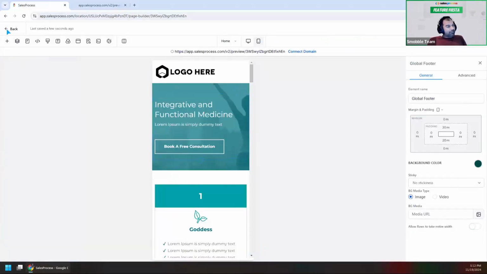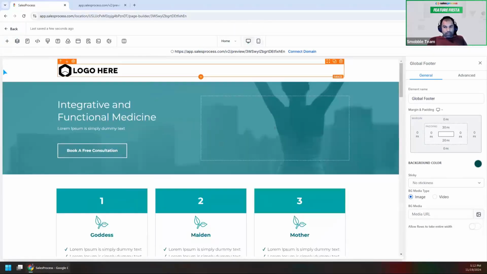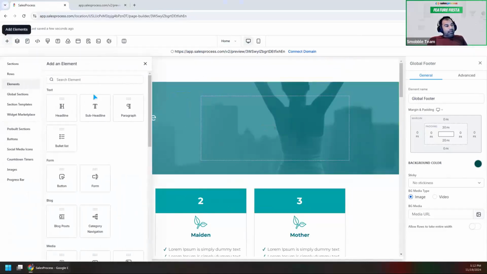Now let's start. The very first thing is how you can add more elements to it. Let me give me 1 second. Okay. How you can add elements to it. Elements mean any object on this page. You can add them in here. There are different types of elements. We will discuss all of them one by one. And then there are the